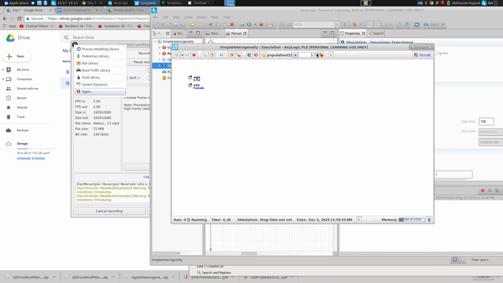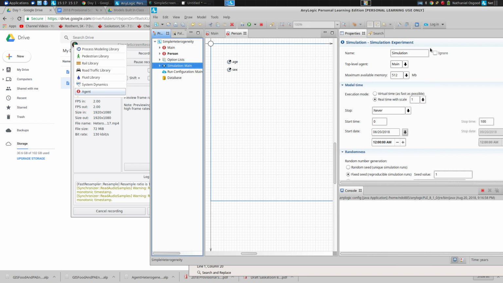Okay, ladies and gentlemen, here's male and female, male, female. Do you see that? Okay, so now we have a sex that's distributed according to that distribution, and an age that's distributed according to a uniform distribution. We could have done the same thing with age. Okay, let's give them a different color based on sex, shall we? Let's give them a color based on their sex. Are we okay with that? Okay. Hearing no objection,